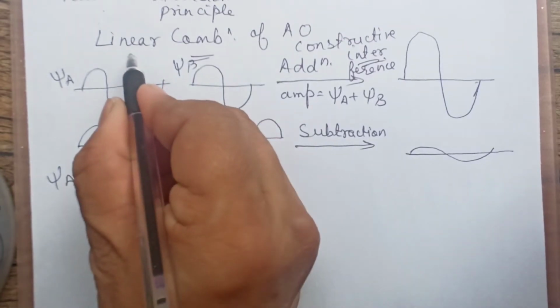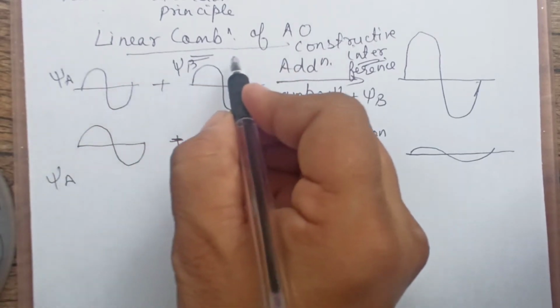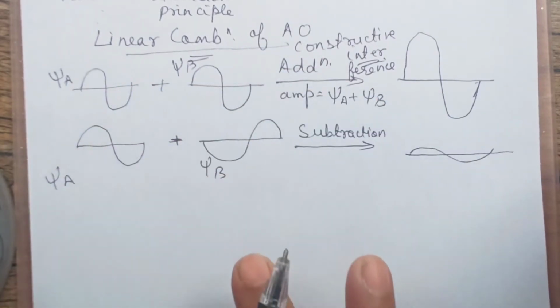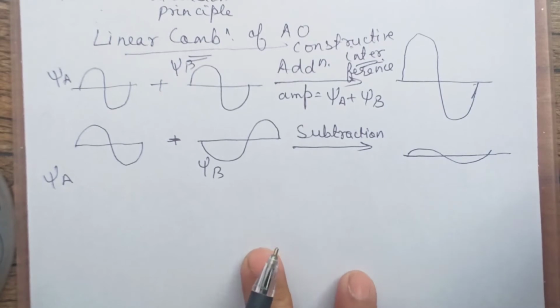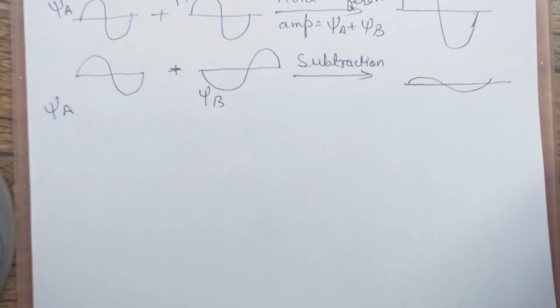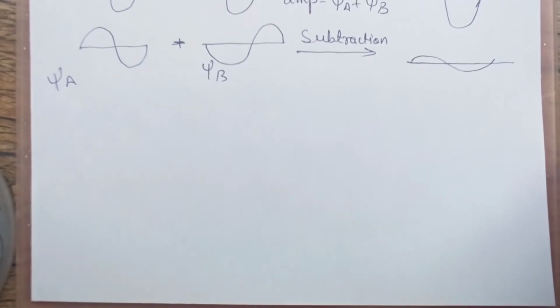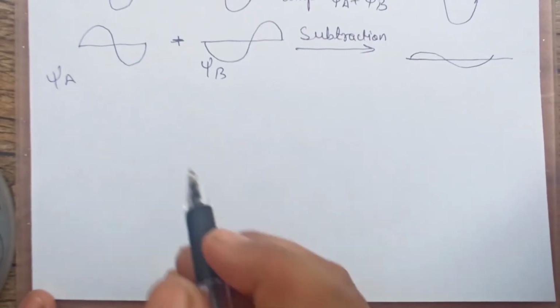This linear combination of atomic orbitals method, the LCAO method, is applied in explaining the new molecular orbitals which are formed as per this MOT theory. Now how are we going to decide the shapes of the s orbital and p orbital applying this LCAO method? We are going to discuss this.